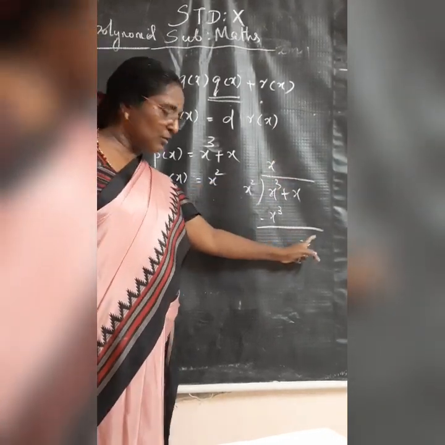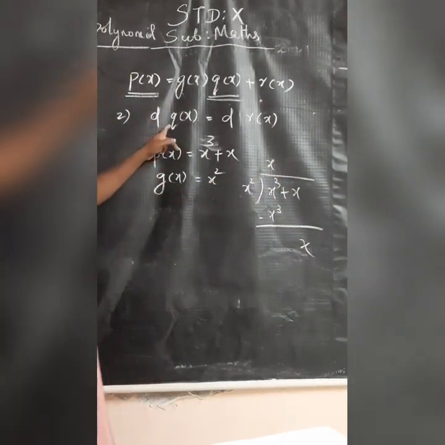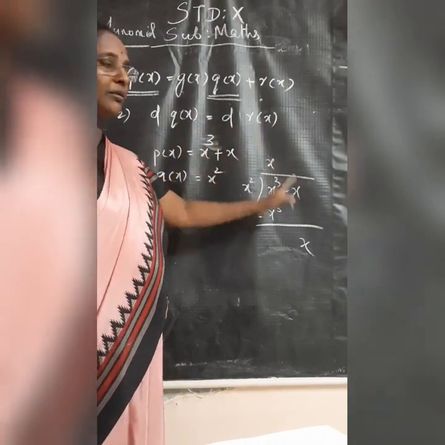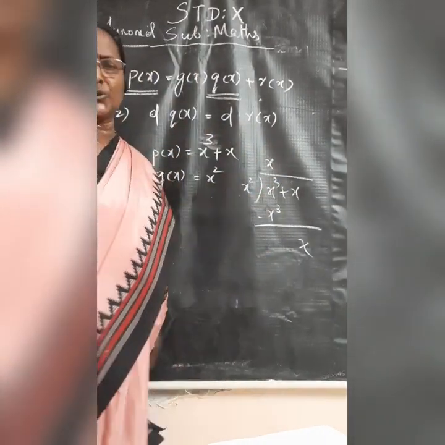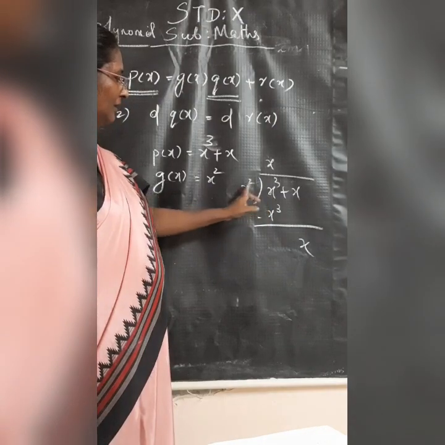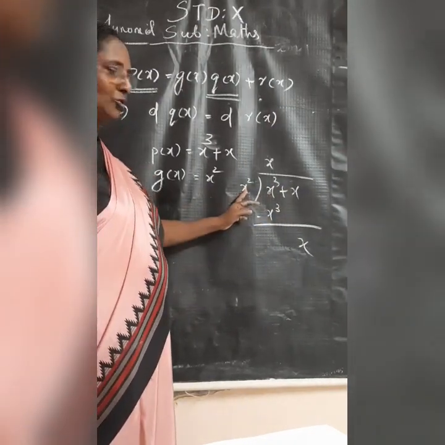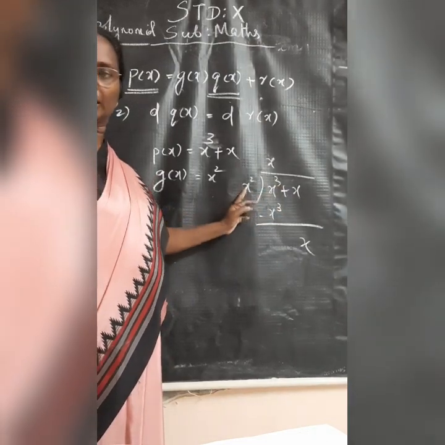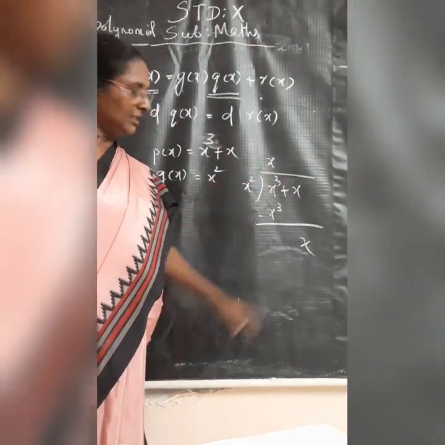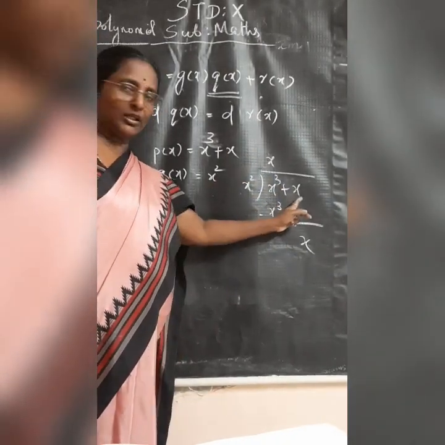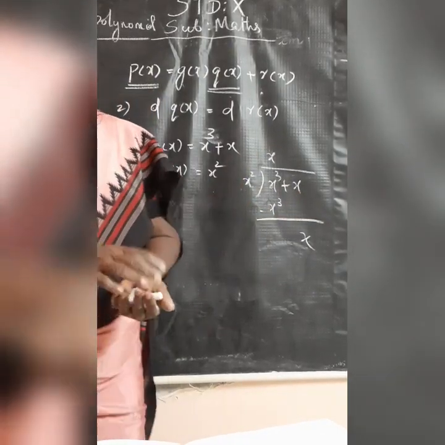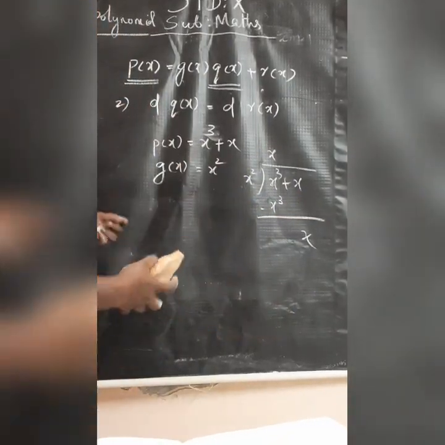See the degree of this one? 1. What is the degree of this one? 1. Degree of q of x is the same as degree of r of x. Take this type of examples. Here 3 coming, here take nearby polynomials, easily it will come. So here 3, then here take 2, here 4 coming, here take 3, and we can see that. Along with this, you have to consider the term properly. Okay, in such a way you can select many examples.